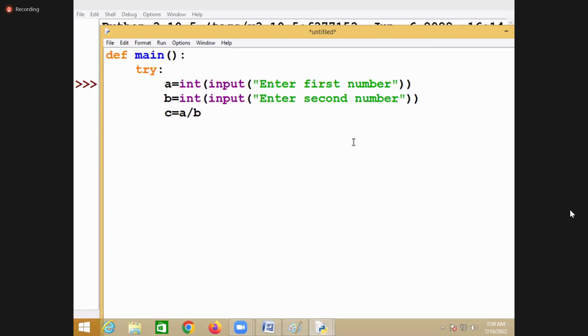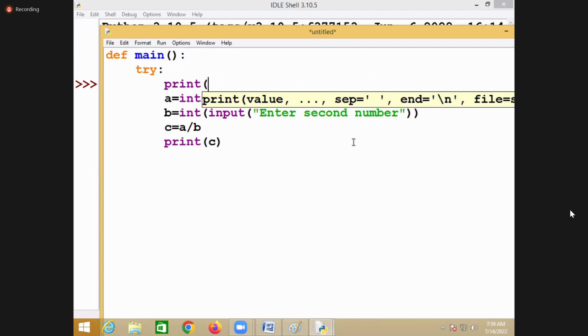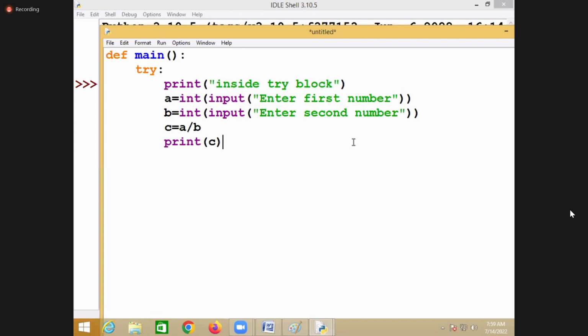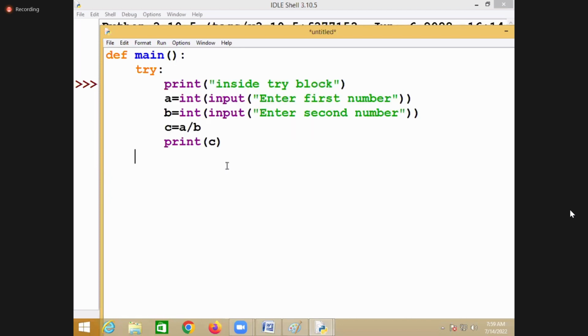After that, I print the value of C. Here I'm trying to display the message inside a try block. What do you write in the try block?